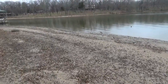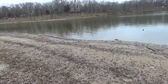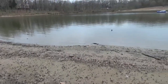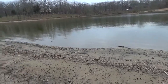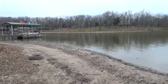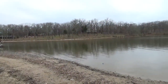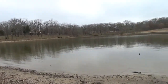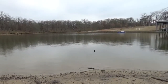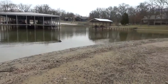Get it cleaned up, so in the spring and the summer, when the kids are out swimming or walking on the beach, they're not stepping on shells, they're not stepping on twigs, they're not stepping on beer cans. This is the time to do it. This is the time to get it cleaned up. Look at that across there. Perfect time to clean up. Get all those weeds cut down. Get all that stuff done because you can get to it. Holidays are over. Kids are back in school. We got a break the next couple of months where hopefully some of this stuff can get done before